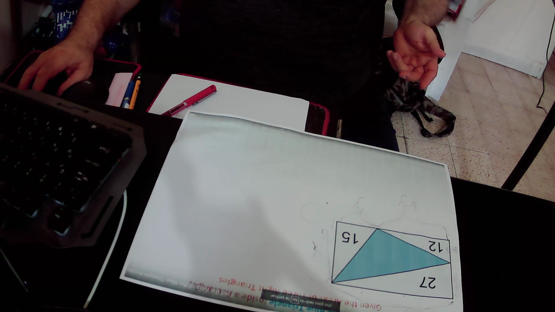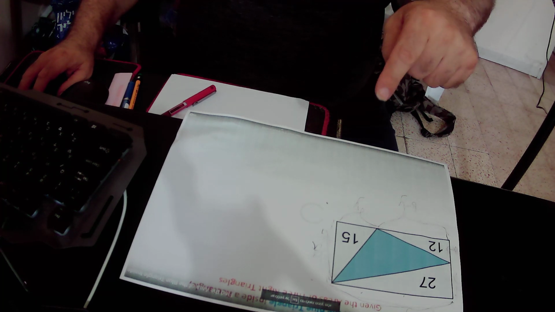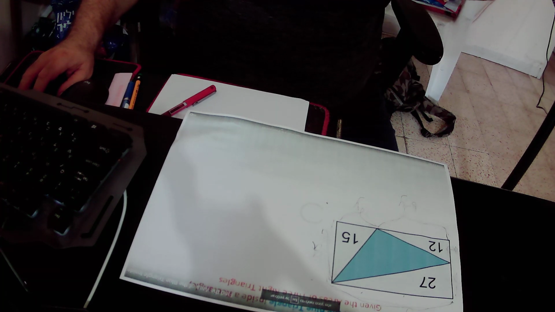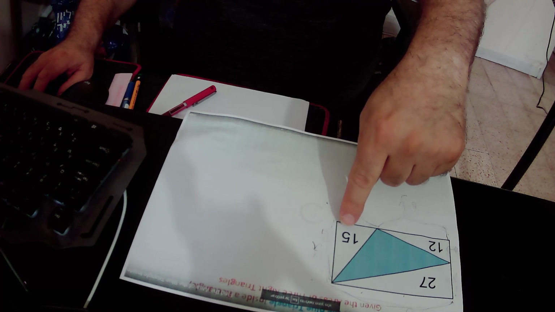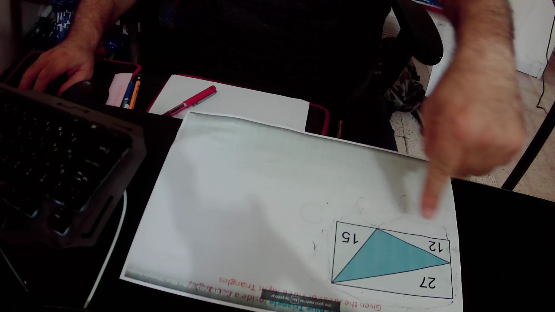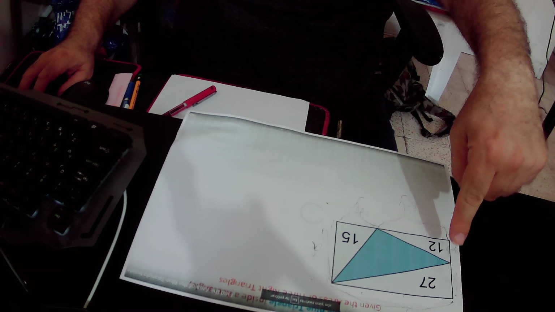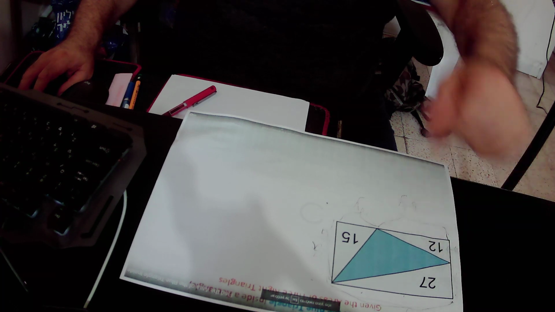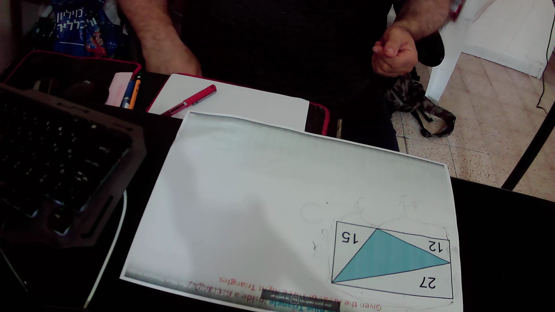A right triangle is a triangle that has one of its angles 90 degrees, like you see here is 90 degrees, here is also 90 degrees, and here is also 90 degrees. So